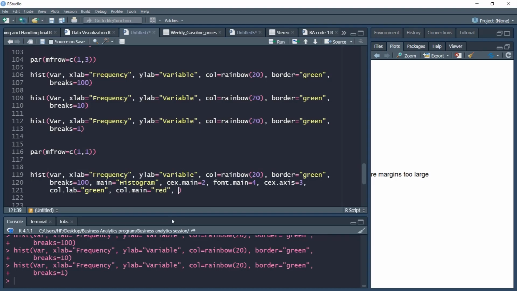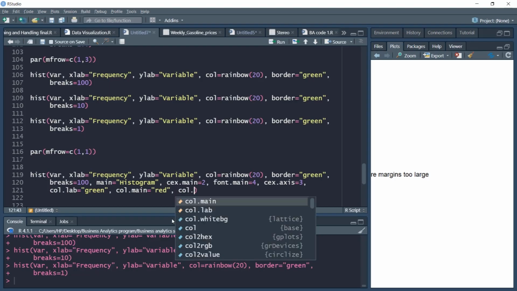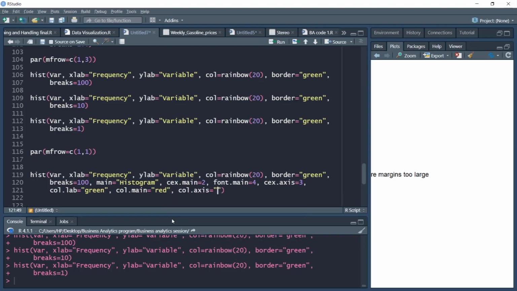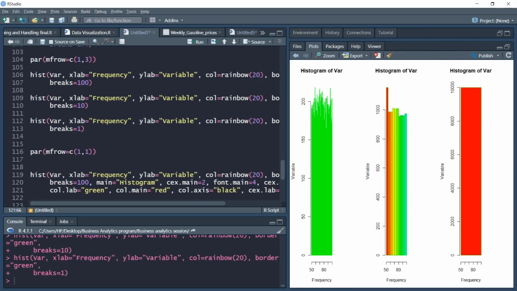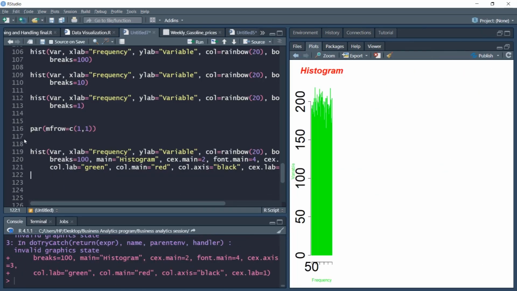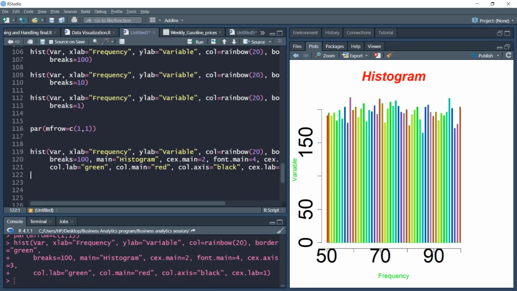Then you can use the axis, the numeric values that are plotted on axis. You want them to be a certain color, maybe black, I can use that. And the size of axis maybe 1. So with these arguments, I can run this. Okay, I need to use par(mfrow = c(1, 1)), and now it is produced.